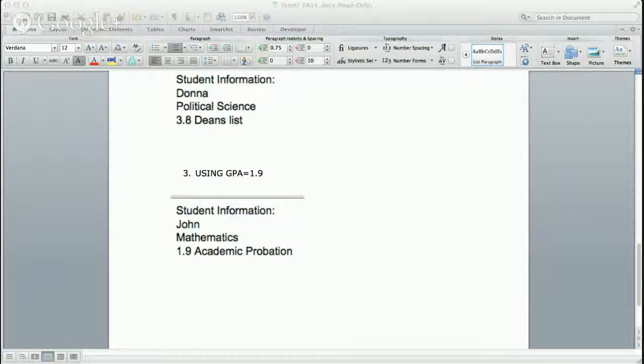But now I'd say while not done, document.writeLine, and I don't need a counter, but I do need to ask the user, right? So I need to say done equals